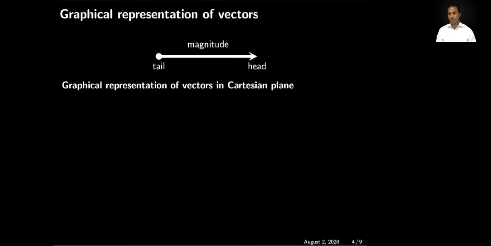Graphical representation of a vector. In order to represent a vector, we need to know where the tail of the vector is, where the head of the vector is, and what the magnitude of the vector is. Suppose the tail is at point A, whose coordinates in the Cartesian system are x1, y1, and the head of this vector is at the point B, whose coordinates are x2, y2. So this is point B. Then the magnitude of this vector, let's suppose this is a vector V, will be the square root of